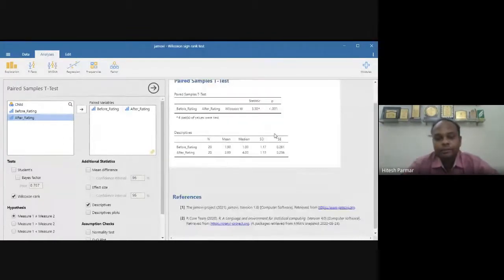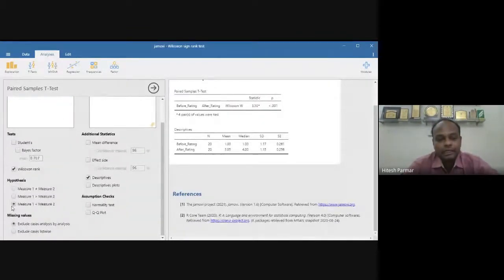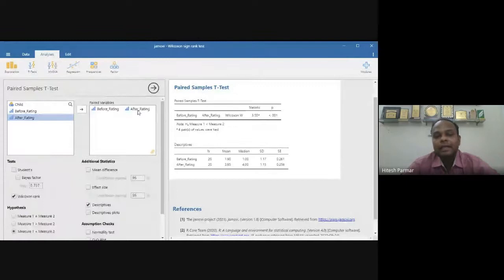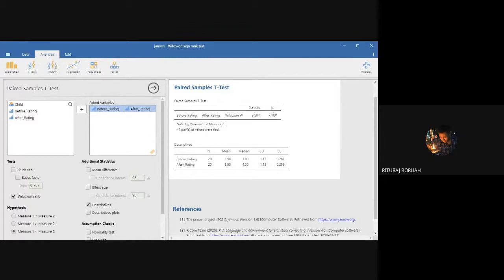Then if I change it like this, our conclusion will be that the training or the treatment is effective, as the p-value is less than 0.01 or 0.05. So overall you can conclude that the treatment is effective. Okay, sir. Any other questions?